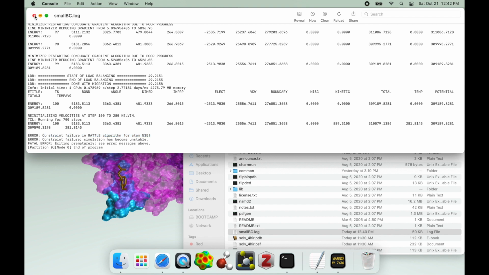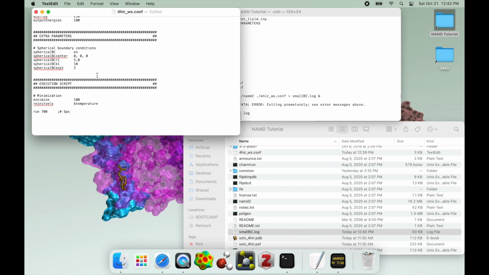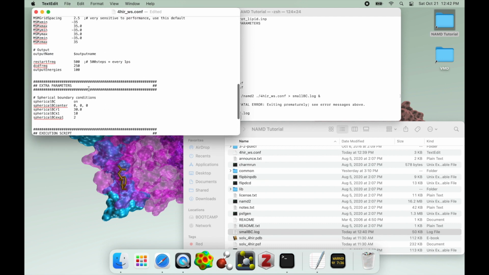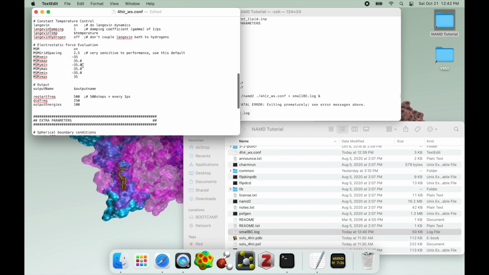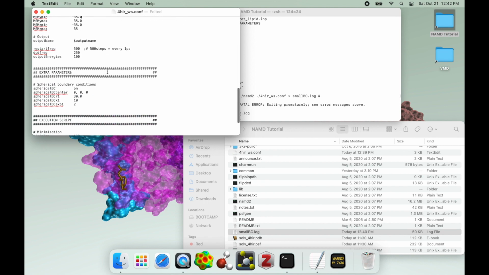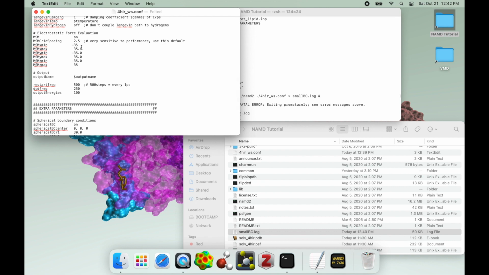Essentially, that's just because the boundary was too small. At 5, that is way too small. We needed it 30. So setting it back to that, this should run well again, but this time I'm going to screw around with